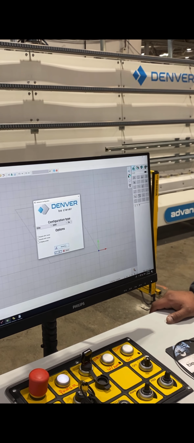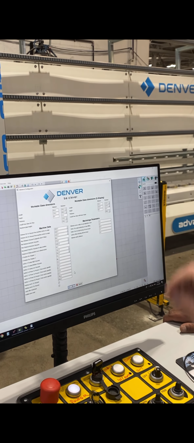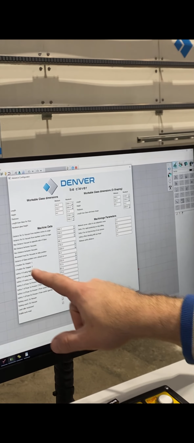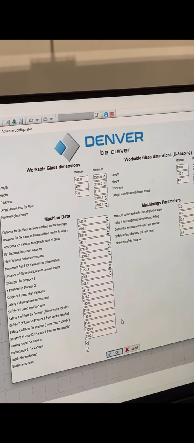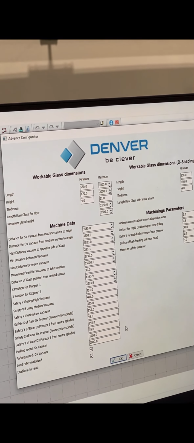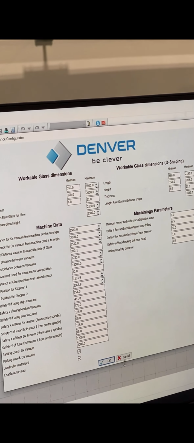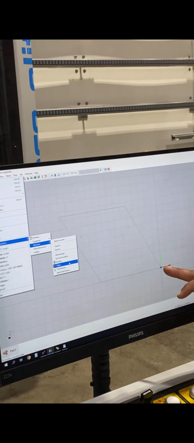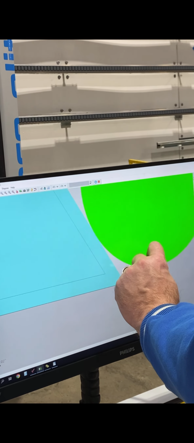In here, this is how the software knows some of the physical positions and limits for the machine. So for example, X position for stopper, distance of glass position on an overload set, like a lot of these things are in here. So as far as what I need to change or modify, they all get set up in here. Probably if I make this a little bit like that, 11 is